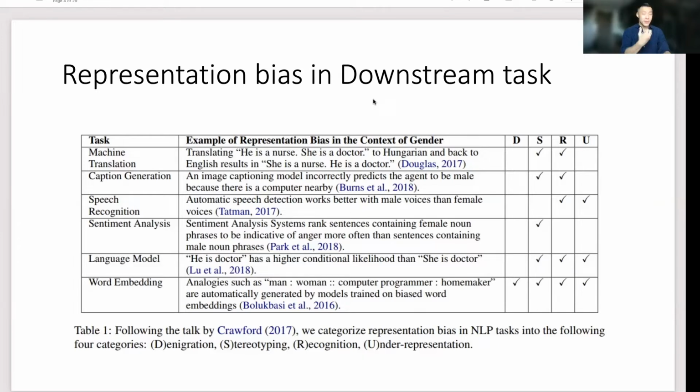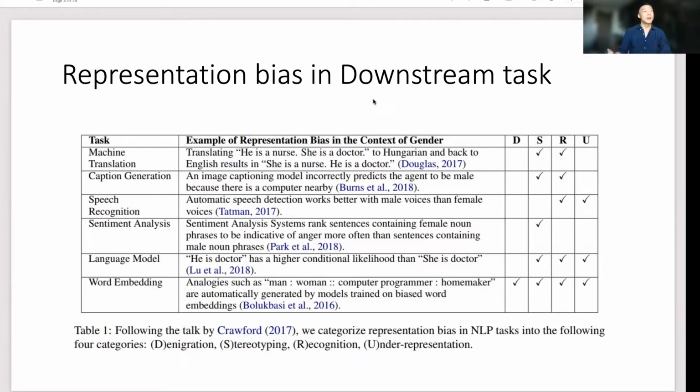So how does it solve that problem? It goes for intuitive judgment. Now the machine hasn't got intuitive judgment, so it translates back to "she is a nurse, he's a doctor". So that's a gender bias, right? Because stereotypically, that's why they have to tick on the S. Stereotypically, a nurse is a female person and a doctor is a male person usually. And by saying that, I'm already stereotyping, right?